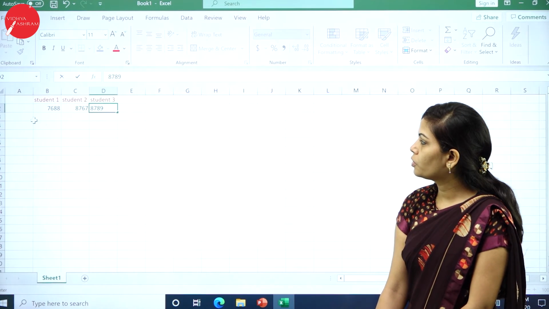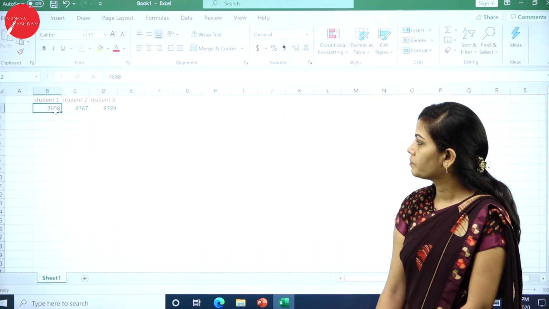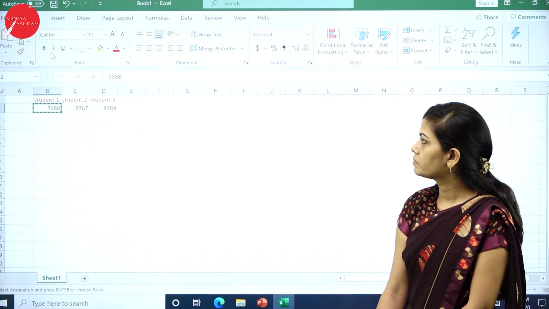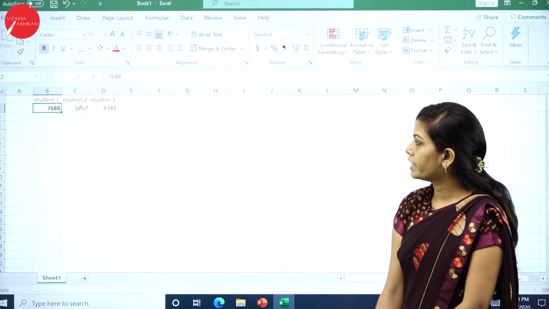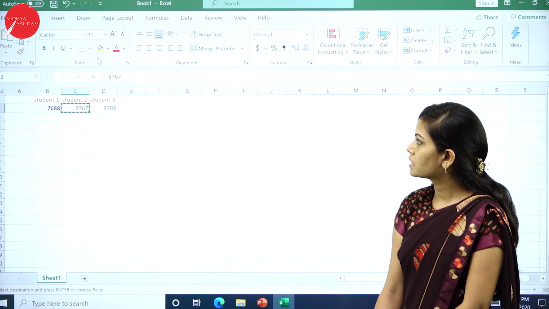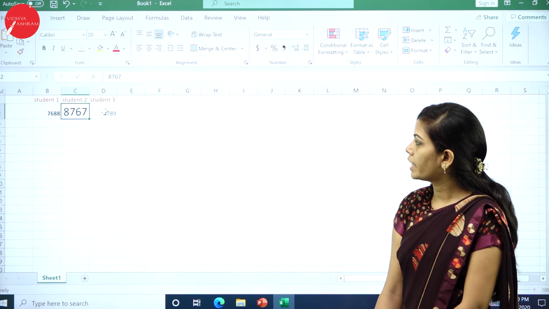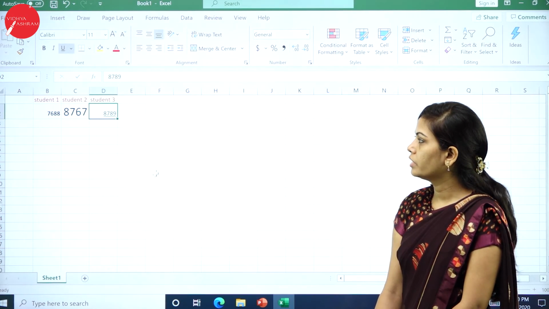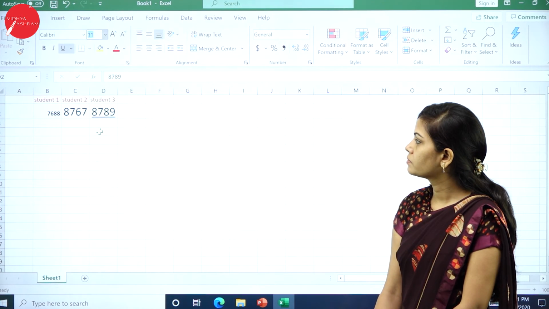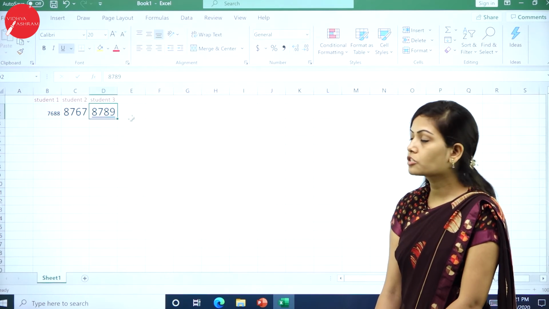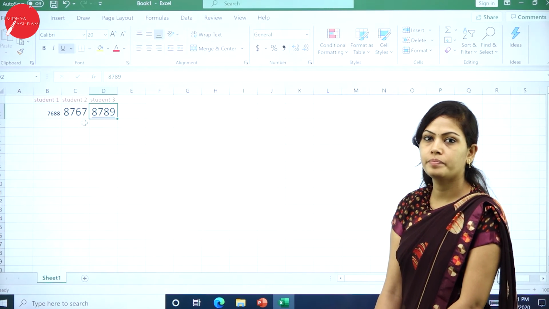If you want to bold this number, bold this or Ctrl+B, and if you want to change the size of this number, you can change this. And if you want to underline this number, you can choose this option. So this is called the formatting toolbar.